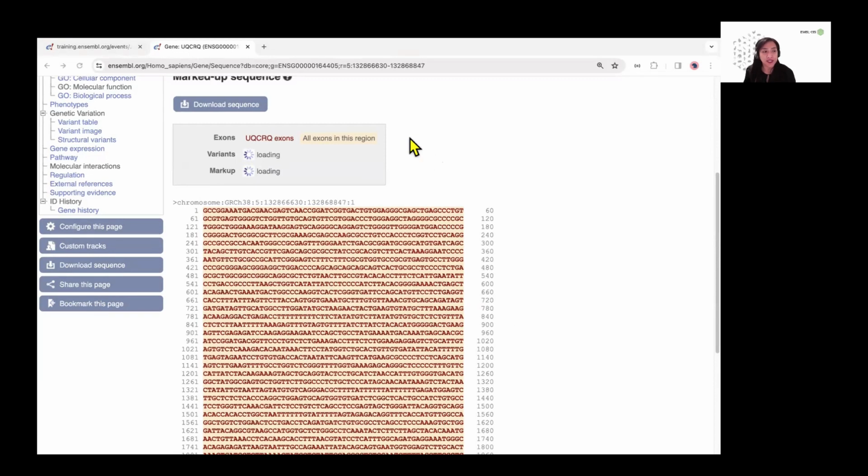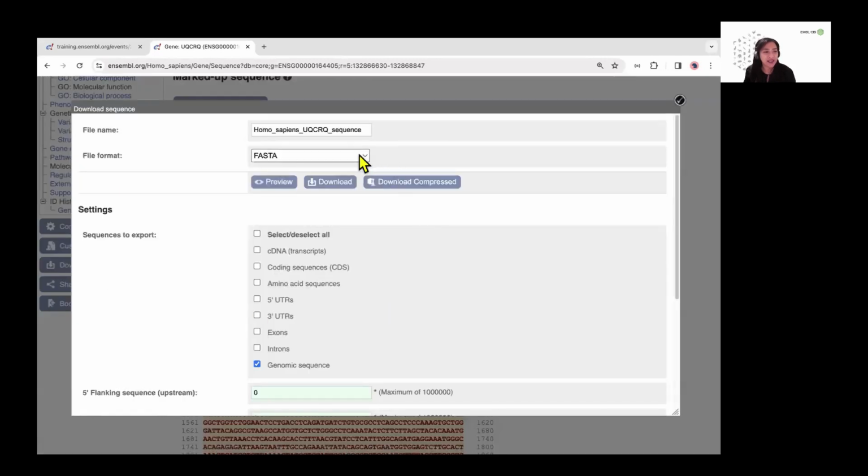You can download the sequence to your computer if you like as well. So you can click on download sequence up here or on download sequence here on the left-hand side. Select what format you want. Do you want it in FASTA format or do you want it in rich text format, RTF? So RTF is just